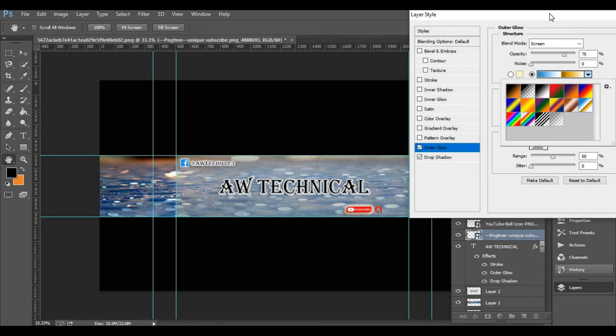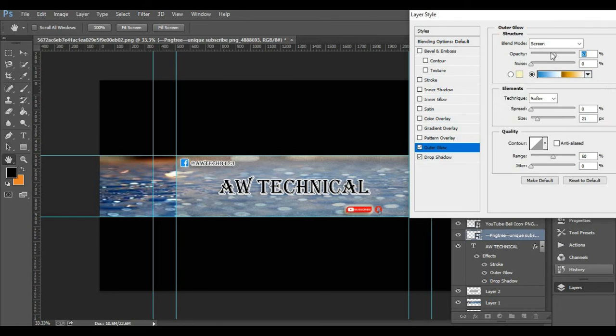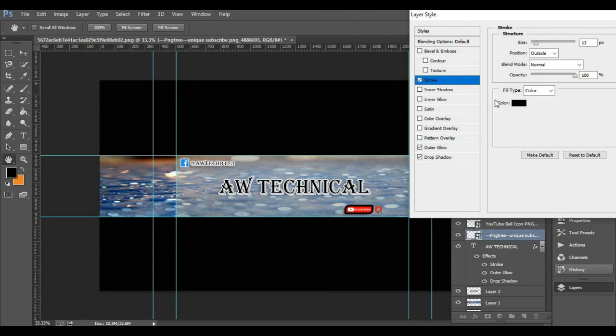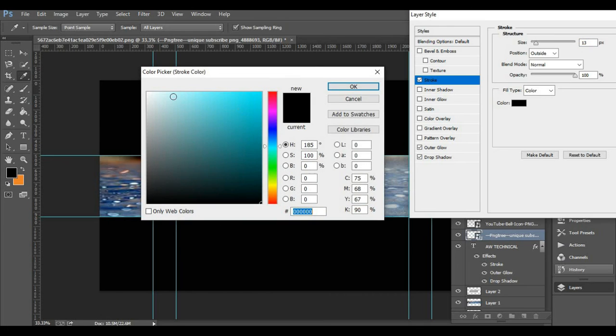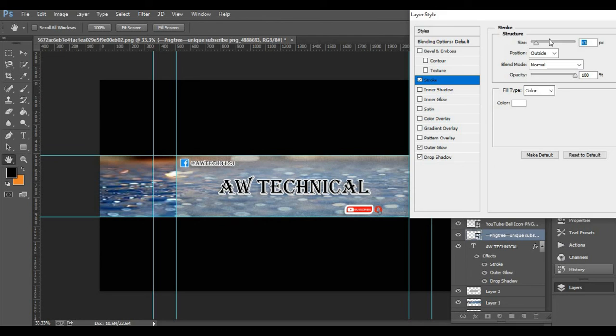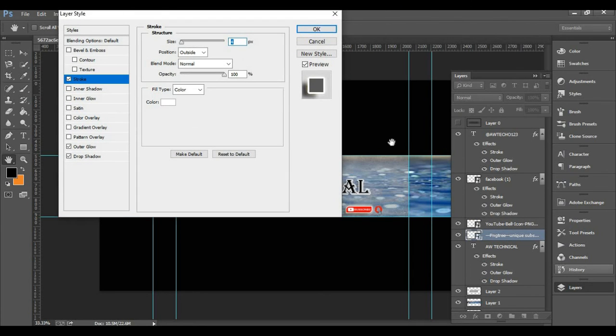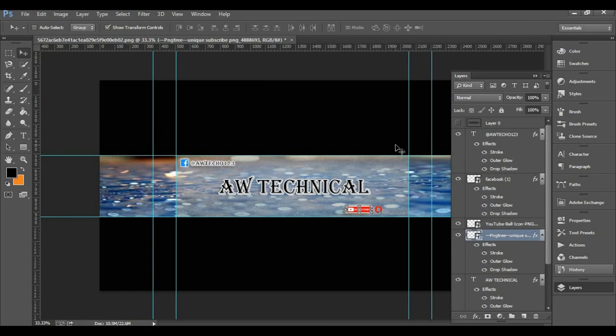Here I will click, decrease the opacity. Now go to stroke and I will change the color of the stroke black to white, and I will decrease the size of the stroke here on 4. It's fine now.